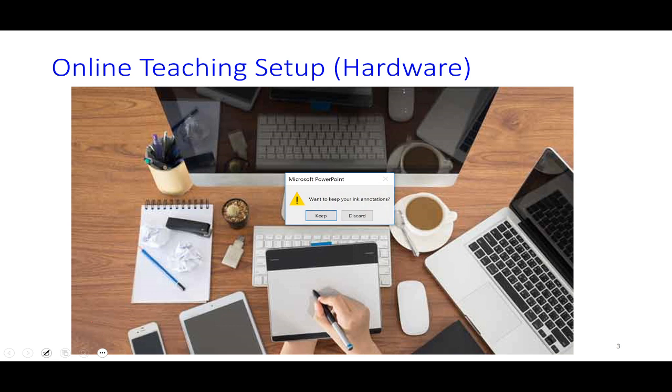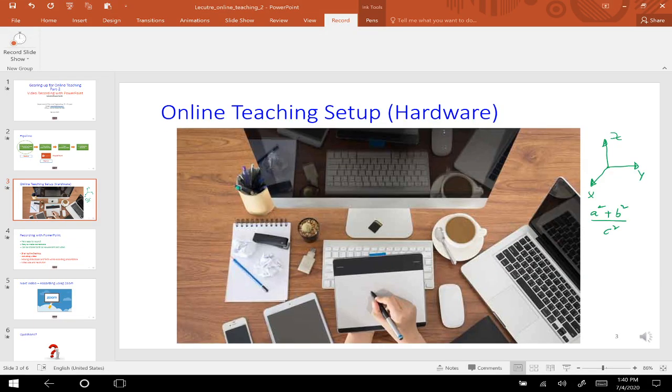By this time hopefully, yeah, this got stuck. Yeah, it is asking, do you want to keep your annotation? So if you want to later convert it into PDF and share it with students, you could keep annotations. Now whatever I have scribbled there is meaningless, so I'm simply discarding that. Of course this would now remain because earlier I haven't done that. Okay, so by this time this recording has been done.